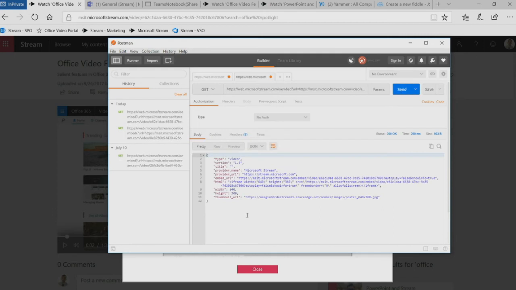And you'll see here, I got a JSON response back, and what it tells me is it gives me the embedded URL as well as how to format the iframe code right there. So I can just put that directly inside of my app without having to do any work, and it makes it super dynamic in order to be able to show your videos inside of your apps. Cool. Hand it back to Vishal. Thank you.